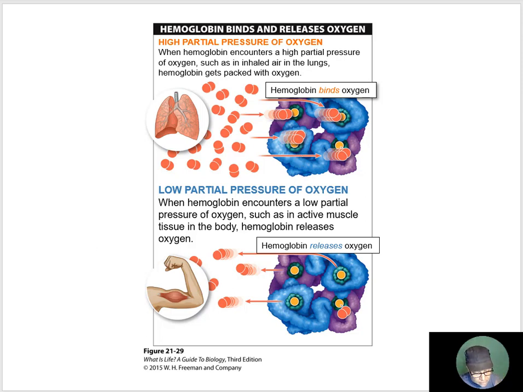Now that's really important to understand, that hemoglobin is working on this oxygen partial pressure. It's actually sensing the amount of oxygen outside of where it is, in order to determine if it's going to take oxygen in or if it's going to deliver oxygen. Now,